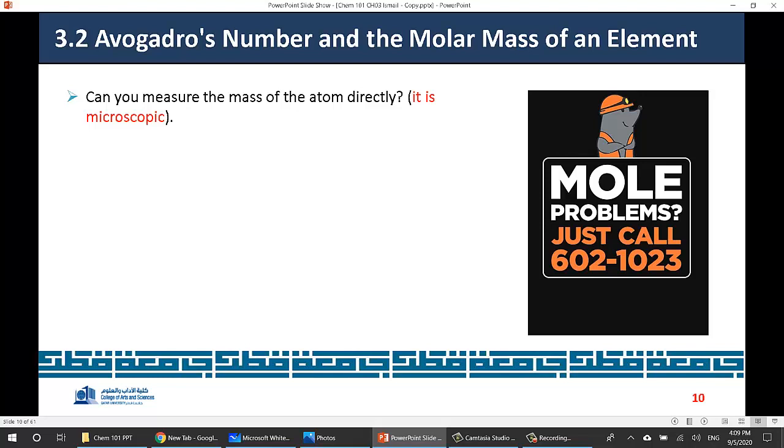So for example, if you say a dozen eggs, that would be 12 eggs. If you say 1 kilo of eggs, that would be 1,000. And therefore 1 mole of eggs would be 6.02 times 10 to the power 23 eggs. But in chemistry,